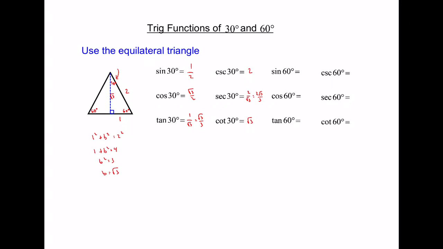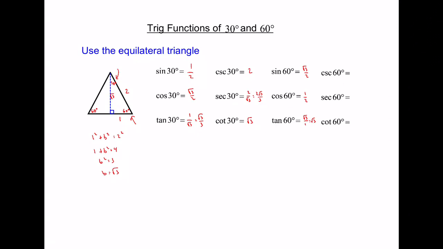So now we'll look at the 60-degree angle and do the 6 again. So sine of 60 is opposite, which would be square root of 3 over hypotenuse. Cosine of 60 is adjacent over hypotenuse. Tangent of 60 is opposite, so that'd be square root of 3 over adjacent 1, so that's just the square